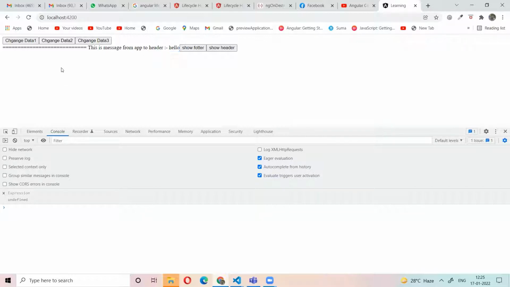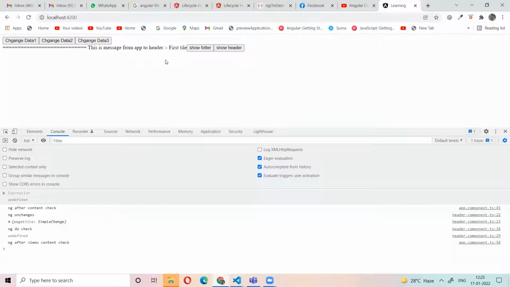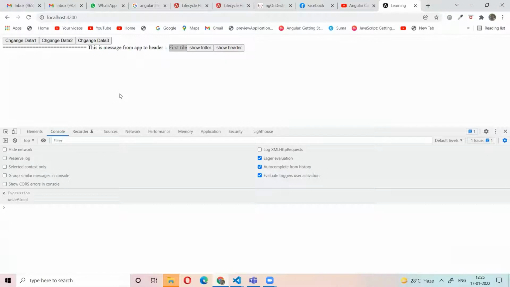For example, if I change this data, the data is first stated. Now you go to another component and come back to this component. Again, the data must be from the starting, right? For example, you have pagination and table data.